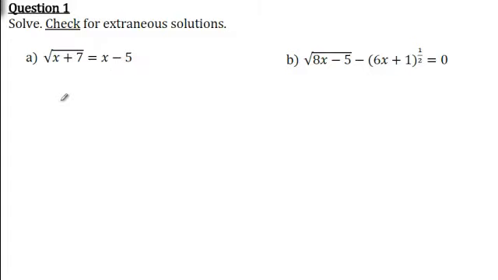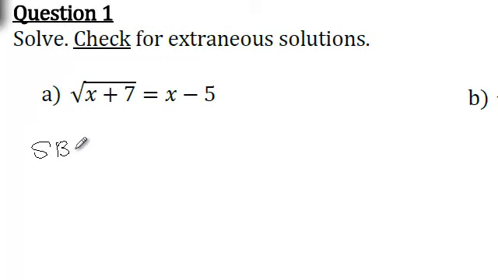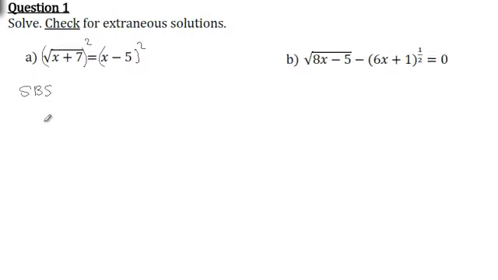So we square both sides. Squaring both sides, when you square here and square here, don't forget, there's a common mistake. Most of the students do it. First, when you square the radical, the square and the radical cancel. You get x plus 7 equals